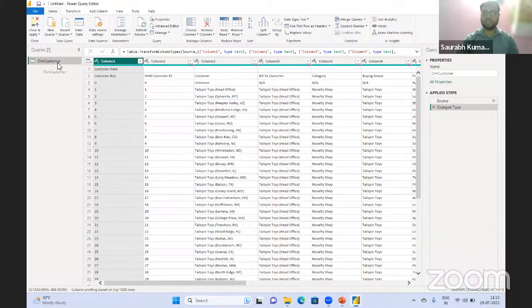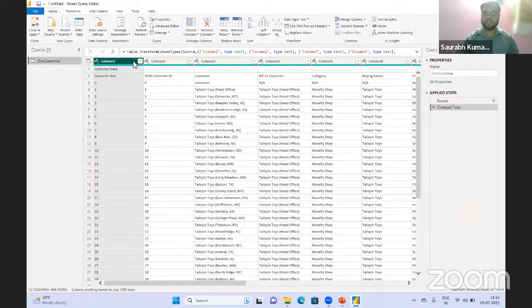Whatever table that we import in Power BI is known as a query. So all the different data sets will come one below the other. Right now we have imported only one table, that is dim customer, so we are able to see that one. If we import more tables, they will come one by one. On the top, we have different tabs. Inside each tab, we have different ribbons that have different views. Well, since this session is just for 1 hour, let's go directly to how we can clean this